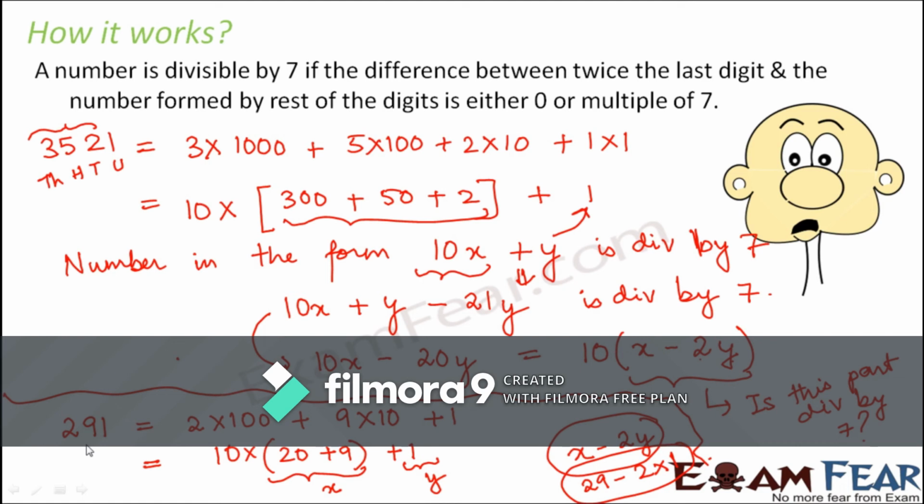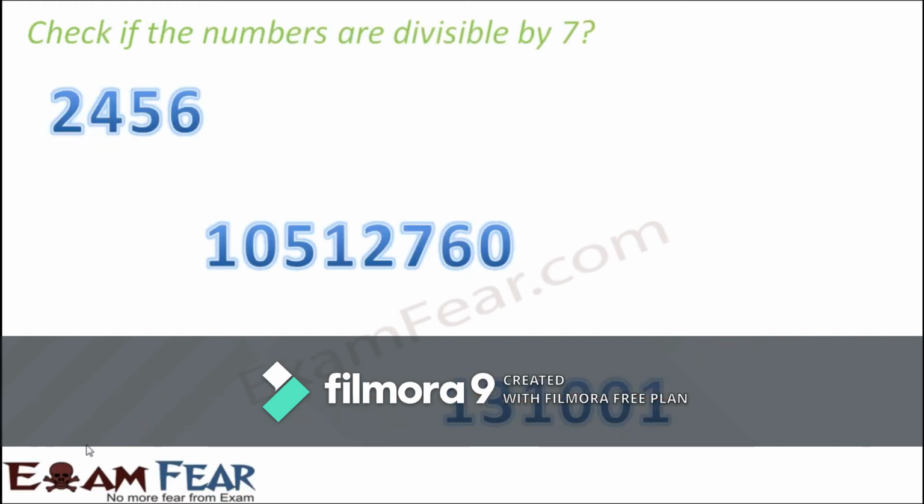Now at your level, you might not have studied divisibility by 7 in your textbooks. That's because it is slightly more difficult as compared to other numbers. But still I have included it, otherwise you would have been curious why divisibility by 7 is missing. So that is why I have included it. Please pay more attention to it, then you will be able to understand this. So let us quickly look at these numbers and check if they are divisible by 7.